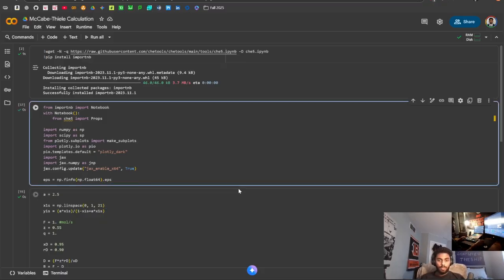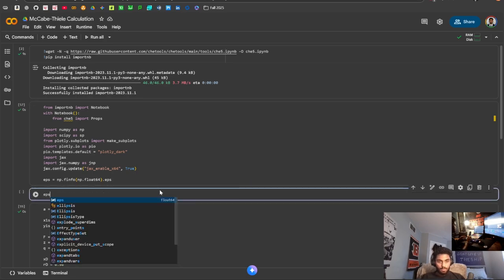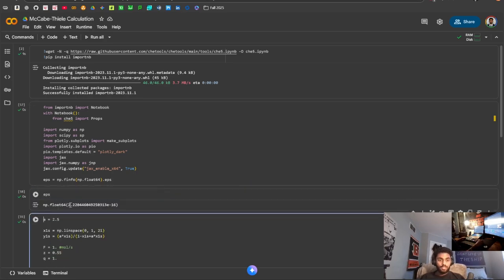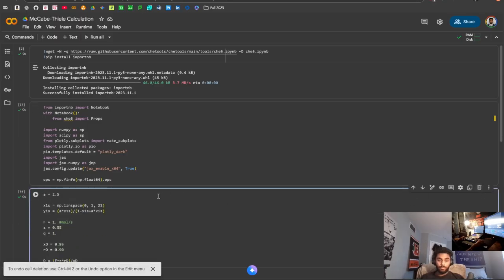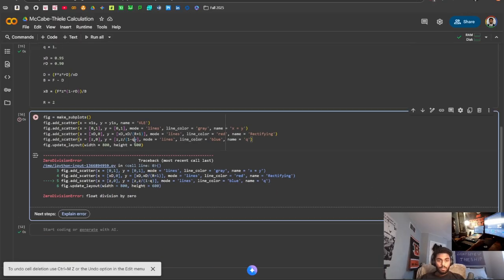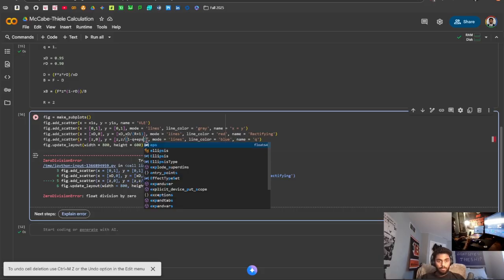And now if I look at what that is, you see we have this crazy small number. And this is essentially the smallest number that Python recognizes without round-off error. So if we actually add this eps value, this epsilon value, at the very end here,